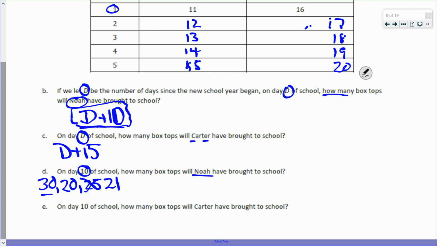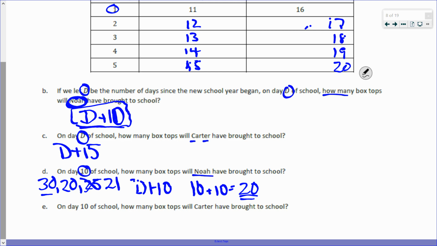Wait, that was Noah? I thought that was... That was Noah. He went back to our expression and he said, we said it's D plus 10. We verified that it was right by using a few examples from our table. So now I'm going to do day 10. 10 plus 10 is